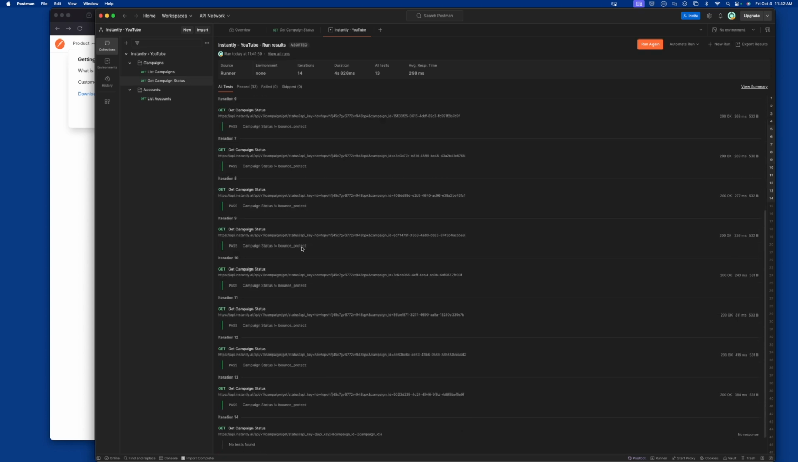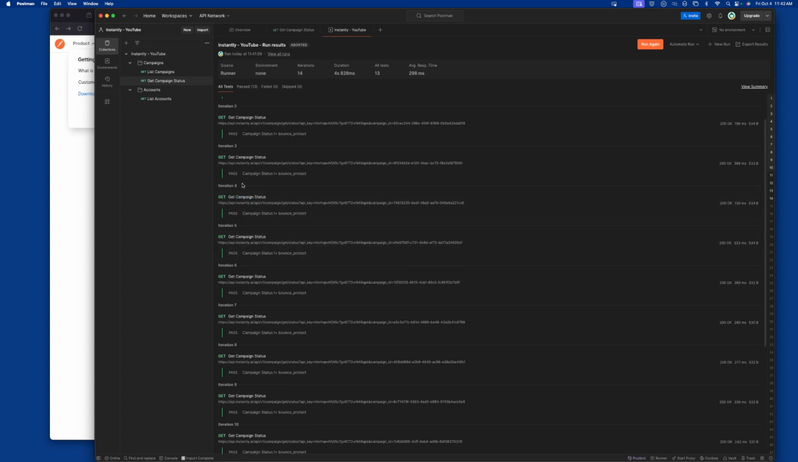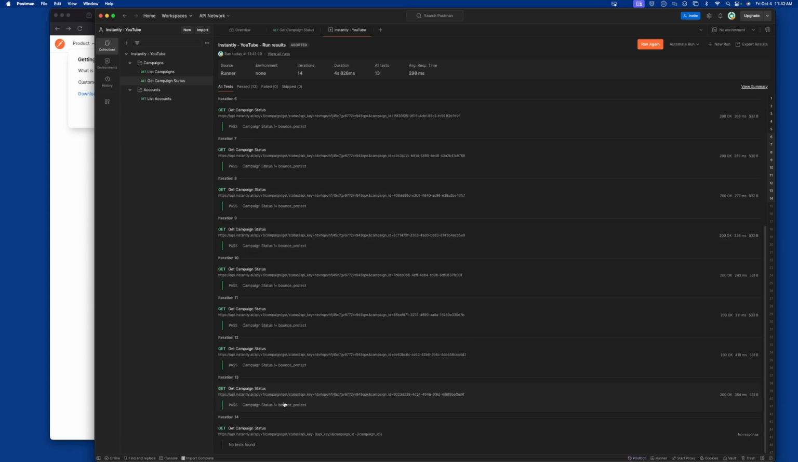I can see all the green. If anything fails, it would show up as red and say fail. And then it would say campaign status does not equal bounce protect, but that's the name of the test, but the result is fail. And then I see a summary up here of 13 passed, 0 failed, 0 skipped. So this one, I paused it right at the time when it was running, so that's why there's only 13